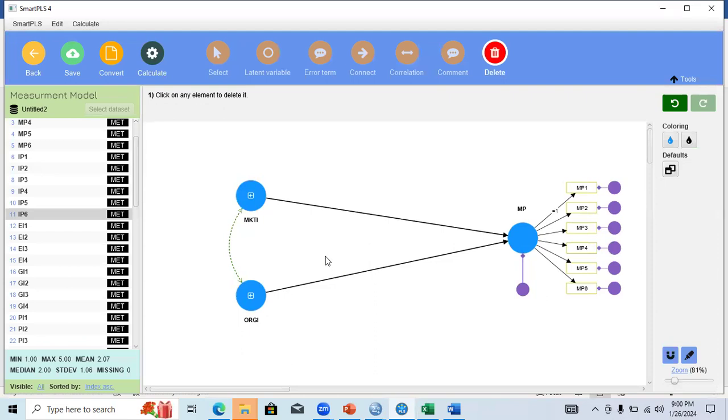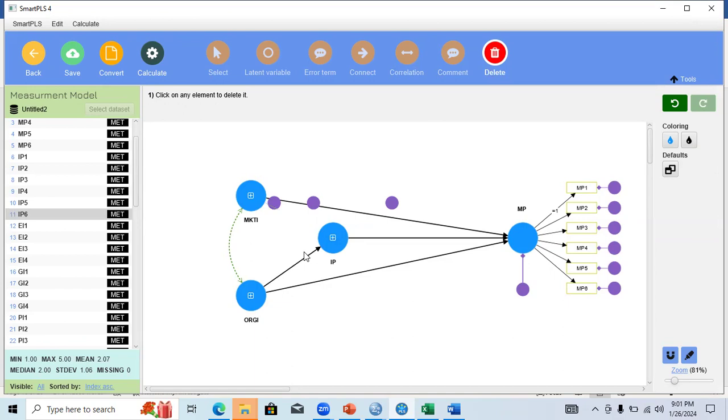There is a procedure which is known as the mean centering procedure, because you cannot find any option for moderation impact over here. Neither can we find it in the calculation, nor can we connect the IP as a moderator over here.